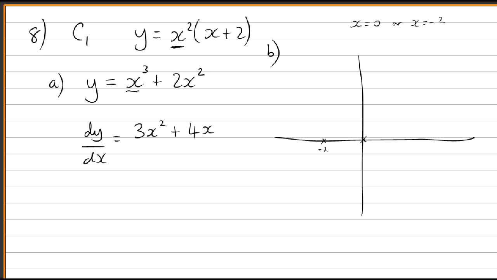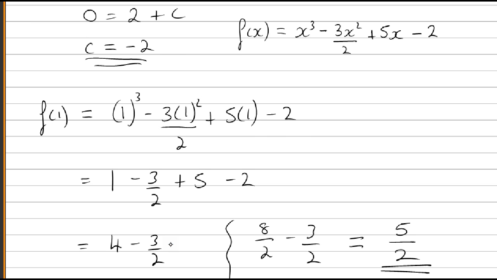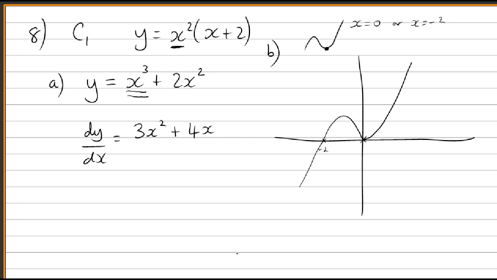and we have a positive x cubed, so we have this sort of shape, and because x squared is a repeated root here at the origin, the curve just touches at 0, 0. So we can draw this in, comes up through minus 2, comes down, just touches 0, 0, a minimum, and then goes up to infinity. Okay,